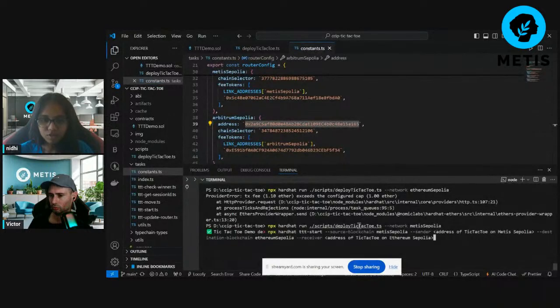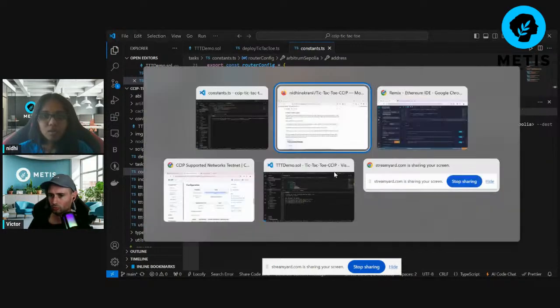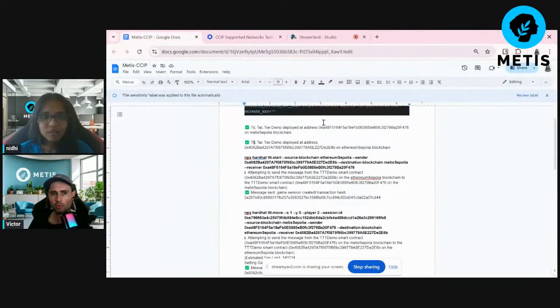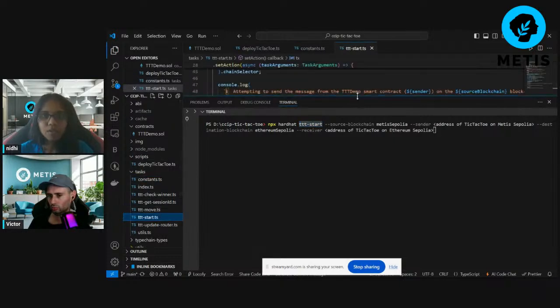So let me just show. Okay, first let me just clear it. Okay, so we have these two contract addresses deployed on both of the blockchains. So npx hardhat ttt start. What's this here? TTT start. Where is it? Okay, so this script